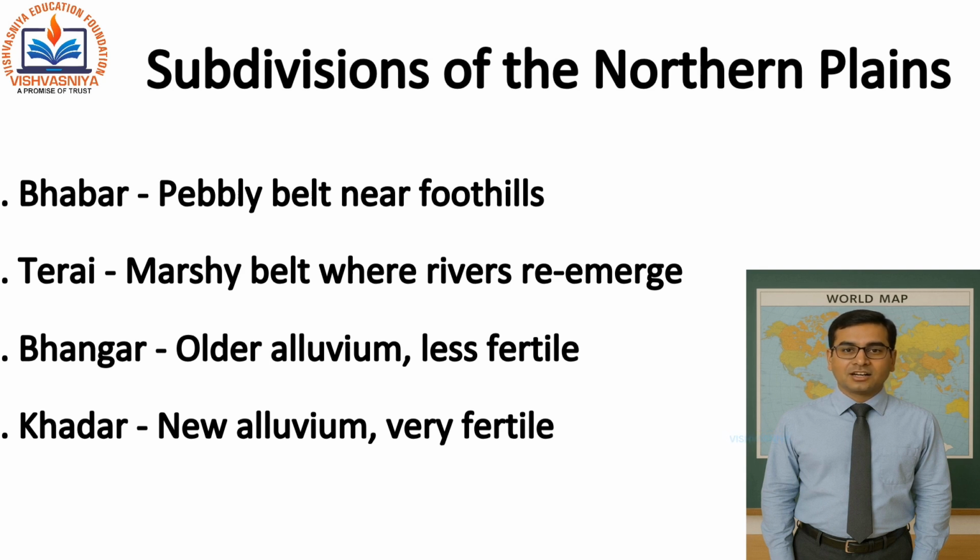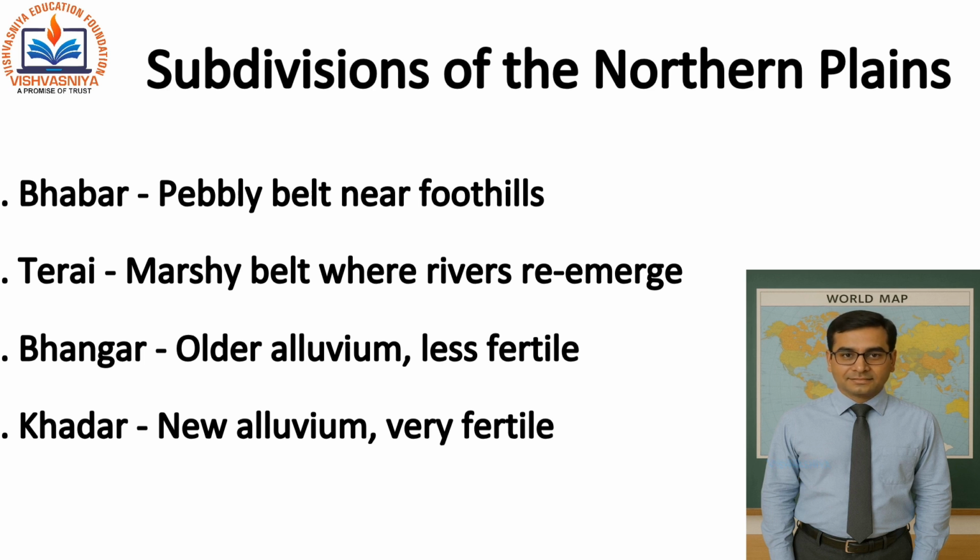Bhabar, pebbly belt along foothills. Rivers disappear underground. Terai, marshy area where rivers re-emerge. Bhangar, older alluvium, slightly raised. Less fertile. Khadar, new alluvium, very fertile,